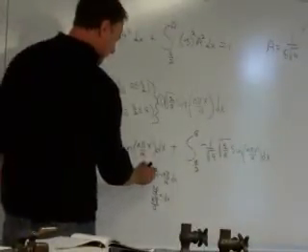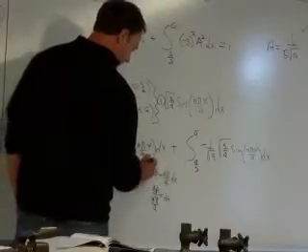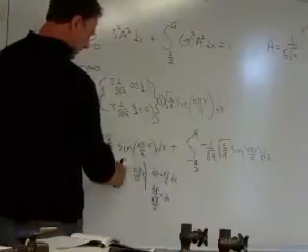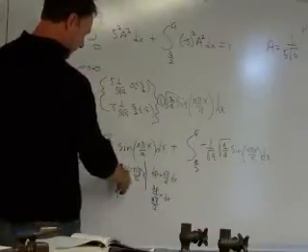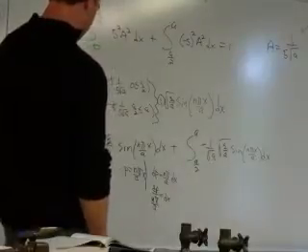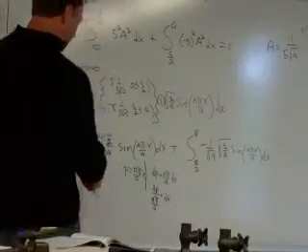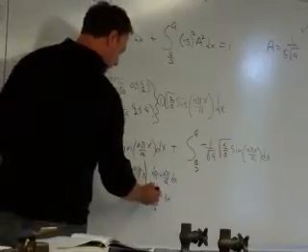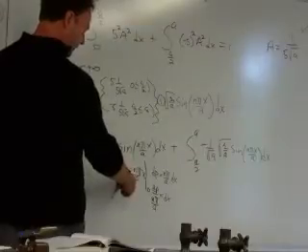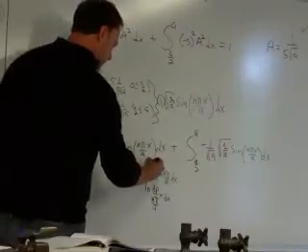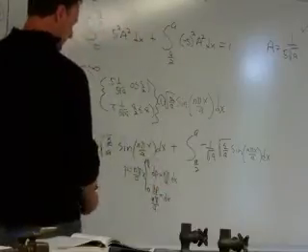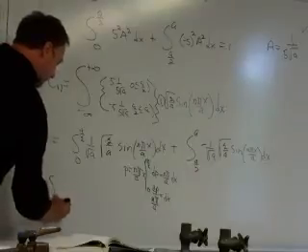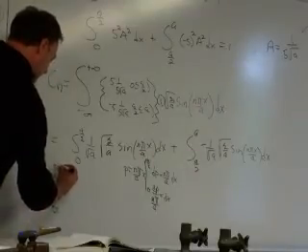So here's what I did. As soon as I define a new variable, p, then what I do is I set new limits. So when, let's see, when x equals 0, what is p? 0. When x equals a over 2, what is it? n pi over 2. Okay? So I would rewrite this integral. This equals the integral from 0 to n pi over 2